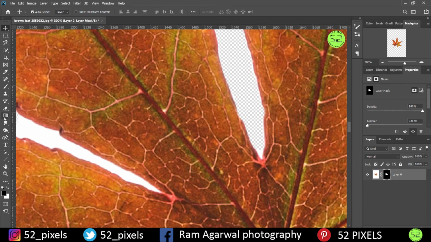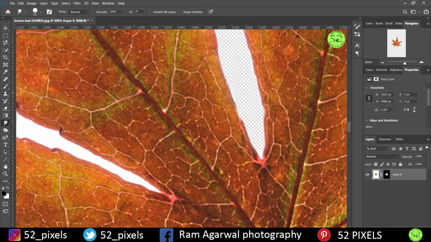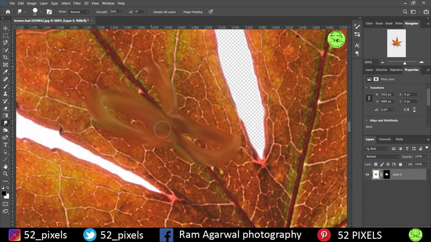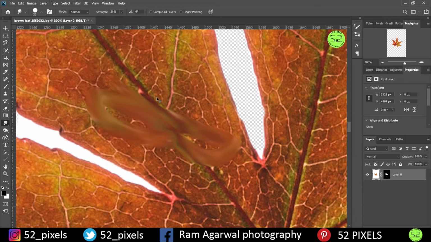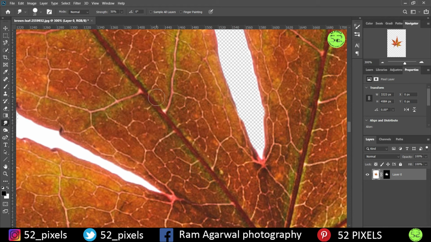So the trick to that is using the smudge tool. This is the smudge tool. It must be looking like this blur tool in your Photoshop. So once you long tap on it, you get the smudge tool. So basically what the smudge tool does is, I can show you on the real image, it just liquefies the image. So as you can see, this is what is happening. So it's just smudging the image, and the image is losing the sharpness, it's becoming more liquid. So the same thing we are going to do with the layer mask.